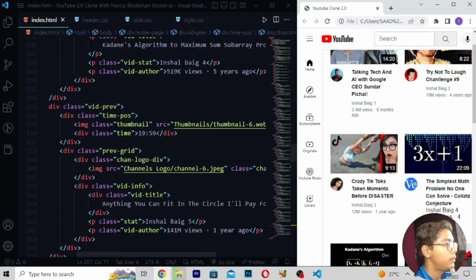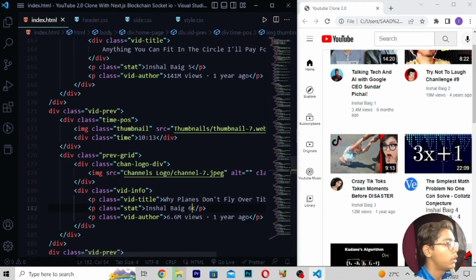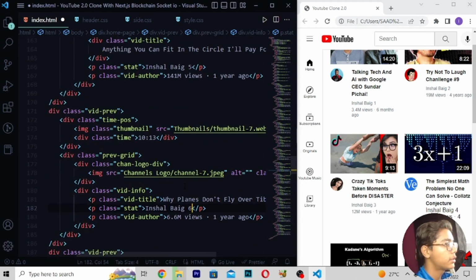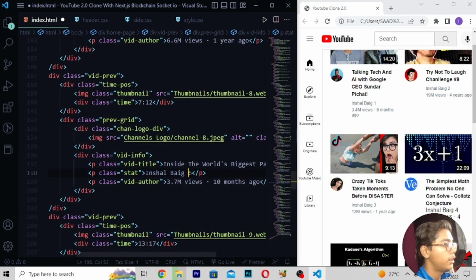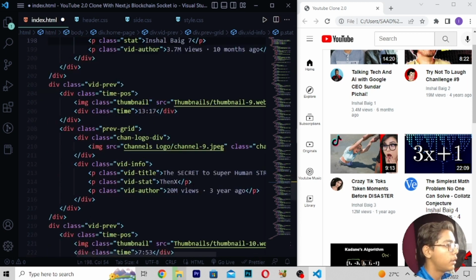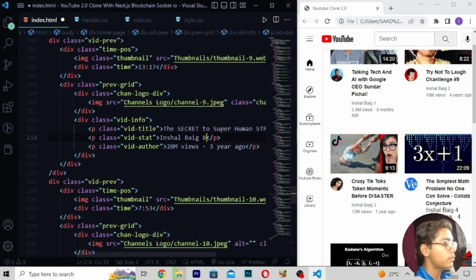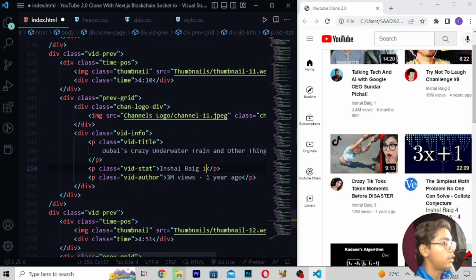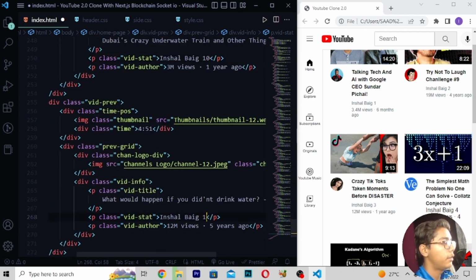There it is written 4, so here I'll be writing 6, because there it is written 5. Then here you have to write 7. Then here I will be again writing my name, and then here I will be writing 8. Then you have to copy this, move down, and paste it here. The only change is that I will be writing 9 here. Then here you have to write 10. Then I will be writing 11 like this.